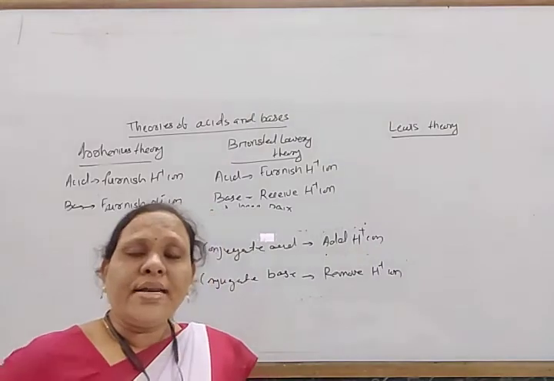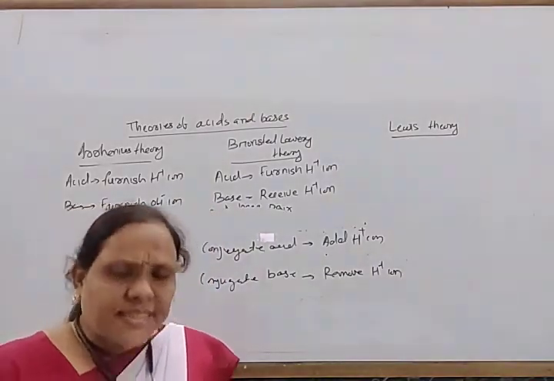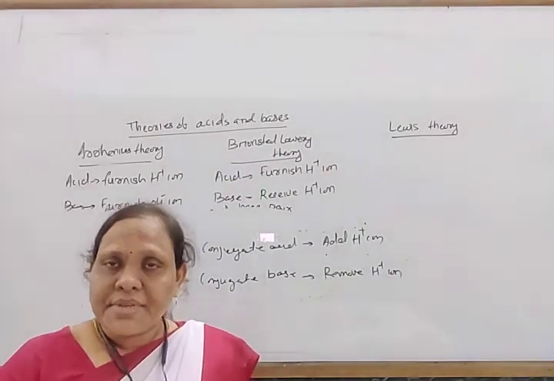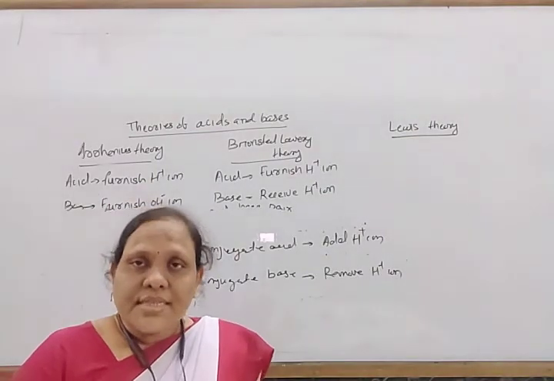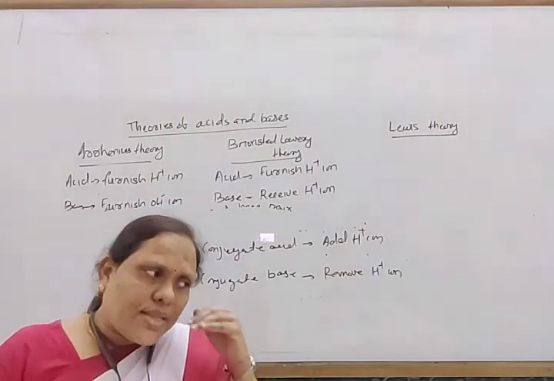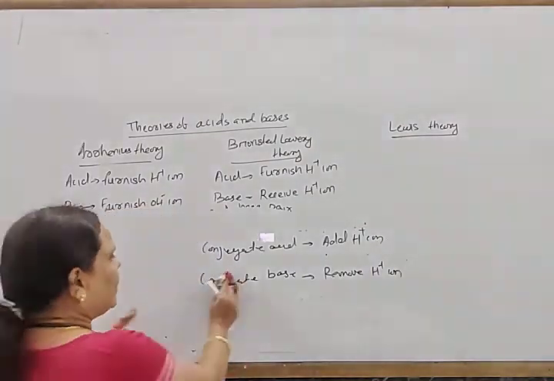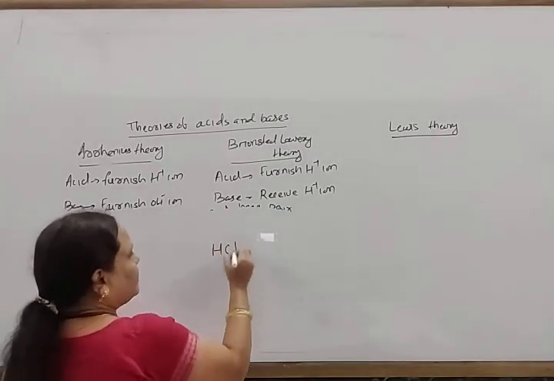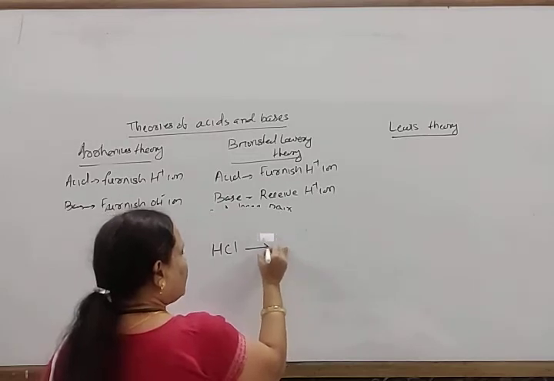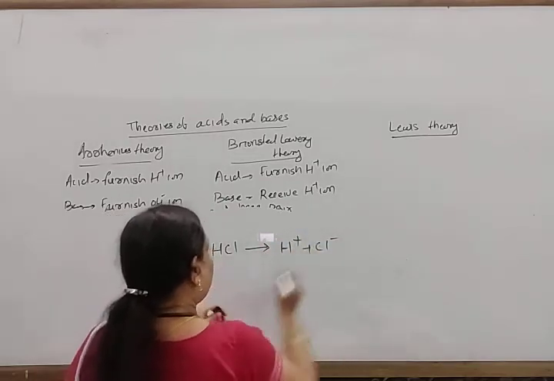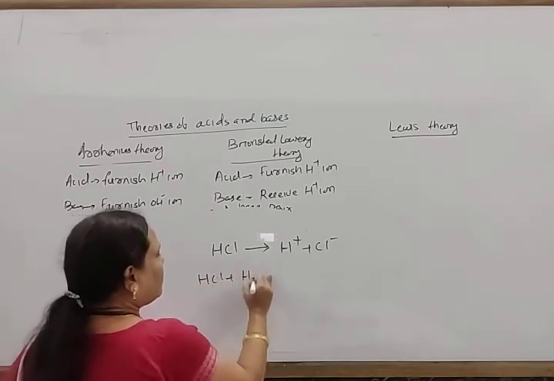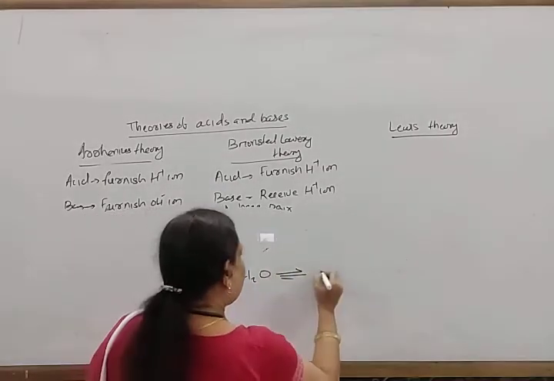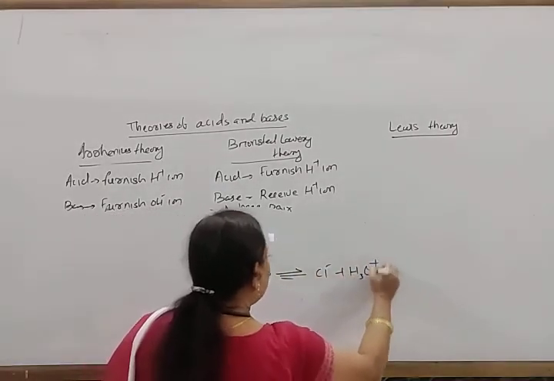Next, how to compare the acid-base strength of them. The acid-base strength can be determined from the tendency to receive or accept this H plus ion. So in this we can compare. If there is one strong acid like HCl, as HCl is a strong acid, when it reacts with water, look here, HCl has a strong tendency. When it reacts with water, it gives H plus and Cl minus, or we can say HCl plus water gives Cl minus plus H3O plus.